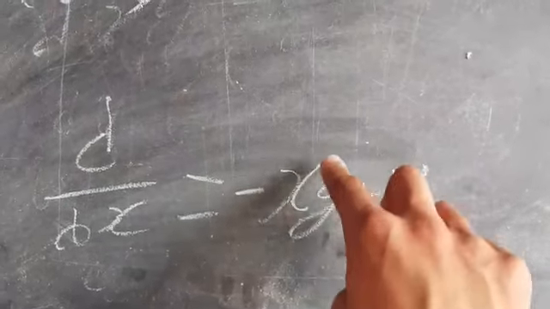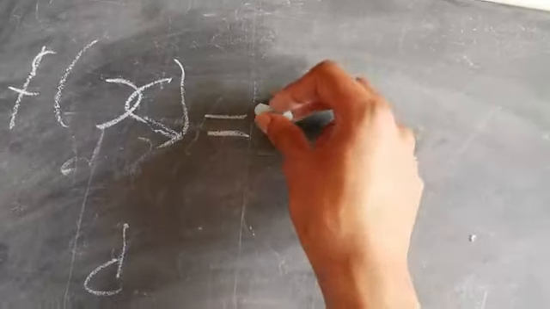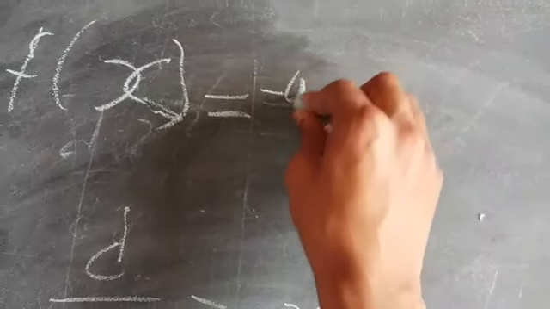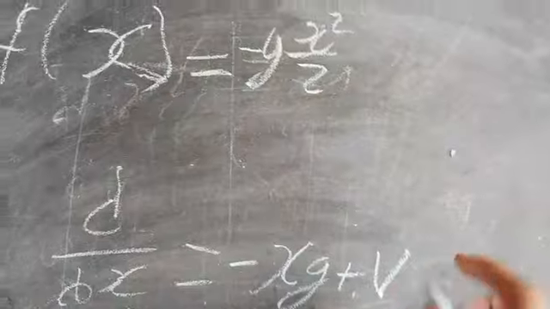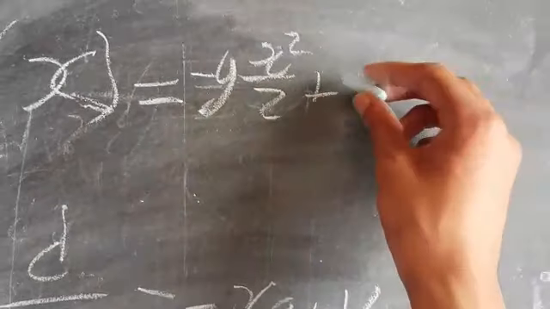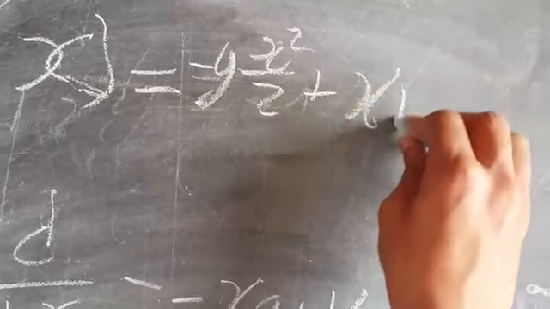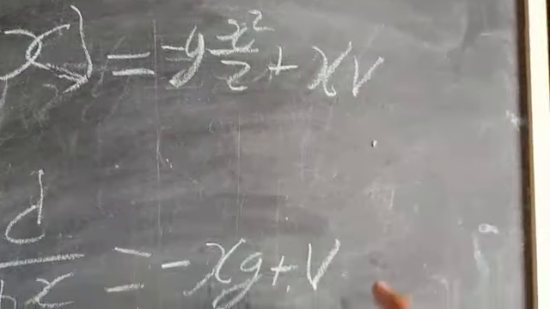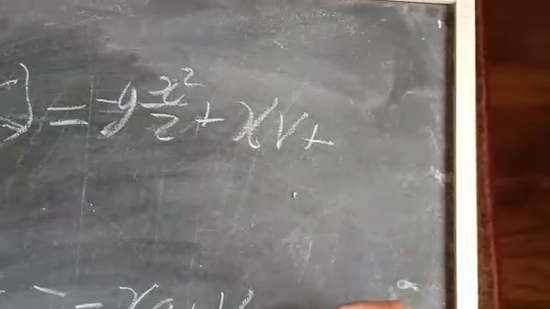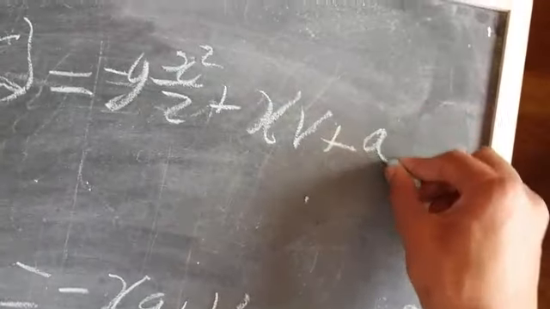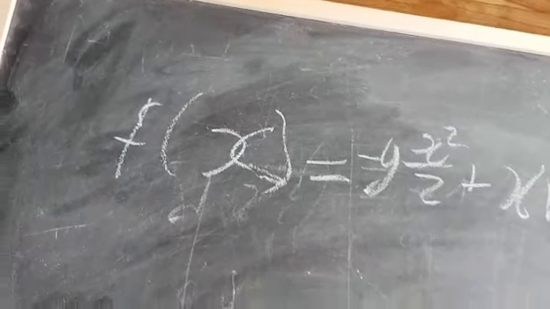So we have negative g times t squared on 2, plus t times the velocity. Then we have another constant, which, because of this scenario, is actually going to be our altitude. Right? And that's it. We know the function for our position